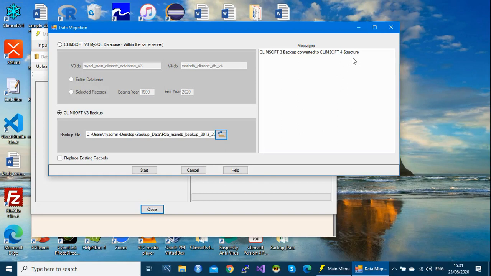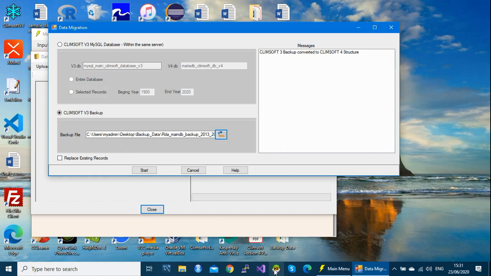That means the system has converted the backup for version 3 into version 4 structure, and then the next step is to start to migrate or transfer your data into CleanSoft. Here you can decide to replace existing data for this period if it is already in the database, or if you don't have any data in the database, you can leave it.